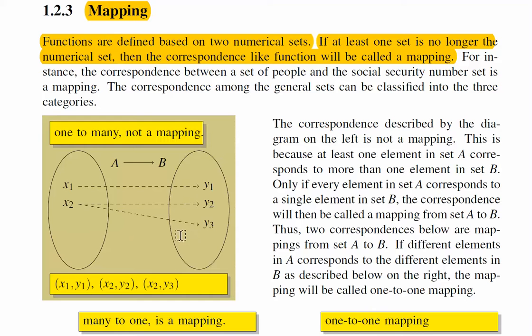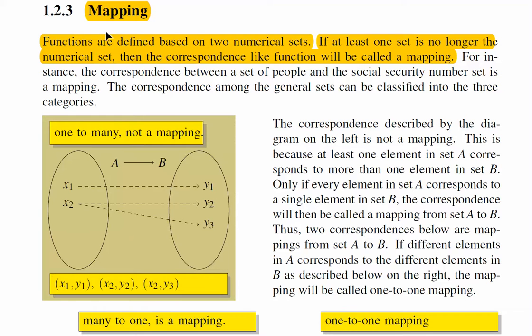So the definition is like the function. The only difference again is that one of these two sets, or both, could be no longer a numerical set. This is the diagram. For the algebraic expression, x1, y1 is represented in this way. x2, y2, and x2, y3 are also represented in the algebraic way. So once you see x2, y2 and x2, y3, then you can immediately claim that this kind of